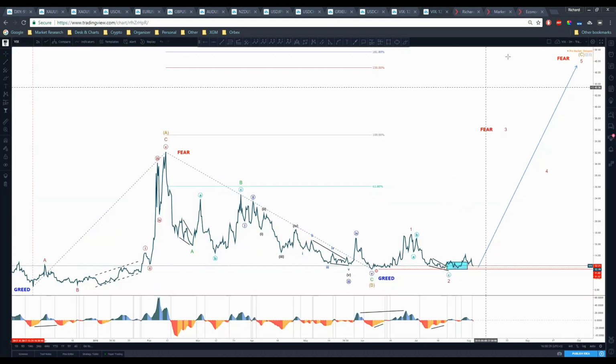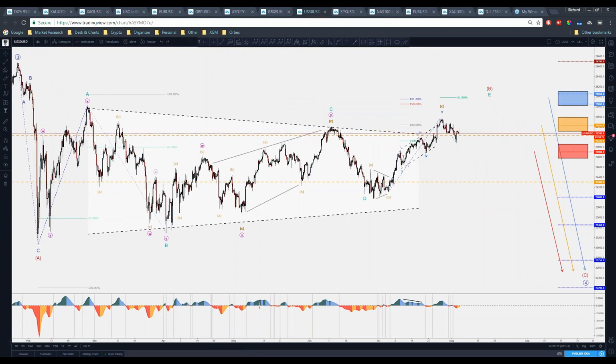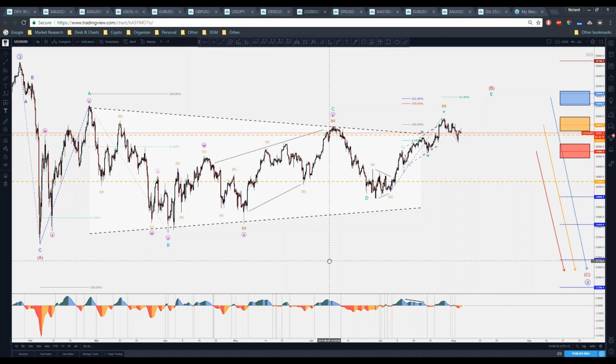We have the VIX right here. Yeah, I'd like to go on the indices, because according to this data, the indices will be interesting to take a look. So let's just continue with the Dow Jones. Now, as you guys can see, the Dow Jones and all US indices, I'm labeling them as a primary degree fourth wave correction.